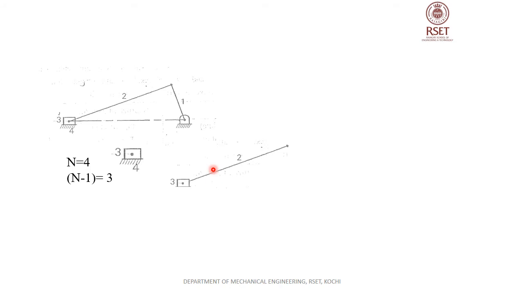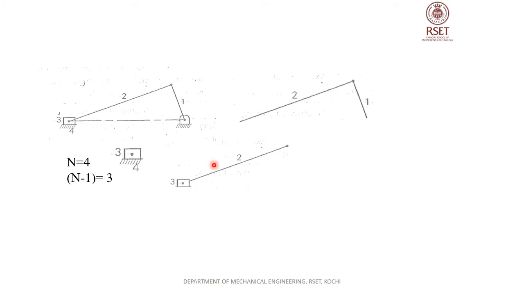Or if you fix the piston, I can tilt link 2, that is the connecting rod, and it will have a small angular motion. That link 2 will have a small angular motion with respect to link 3 if I fix link 3. So both these links have only 1 degree of freedom, that is one angular motion. That is why this pair is also considered a turning pair, otherwise called a revolute. So the 1 degree of freedom is one rotation or a small angular motion. So this is also a kinematic pair with a single degree of freedom.